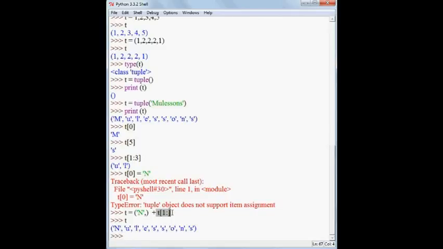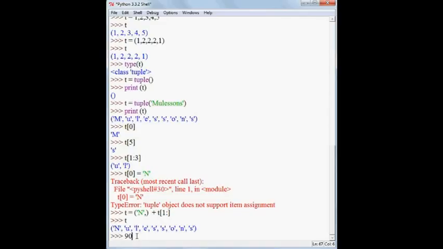So how did you do it? You took tuple t from the first index position to the last index position, and you entered a character n separated with a comma, and then you added this tuple. This is how you have created a new tuple with n replacing m. But this is not modifying a tuple. In this procedure, you have created a new tuple.